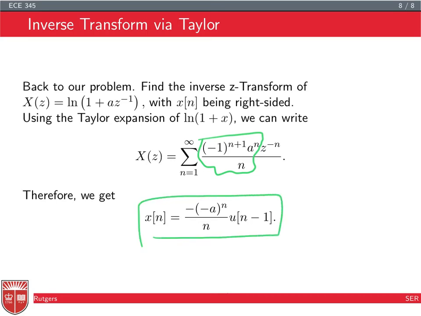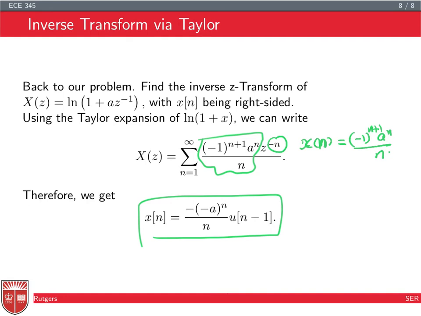Let me double check. Okay, at u[n-1]. So like I said, the value of x[n] at t equal to n is equal to (-1)^(n+1) a^n / n. So this will give you x[1], x[2], x[3], and so on and so forth. Now, if you want to write it as a signal, then you know that this